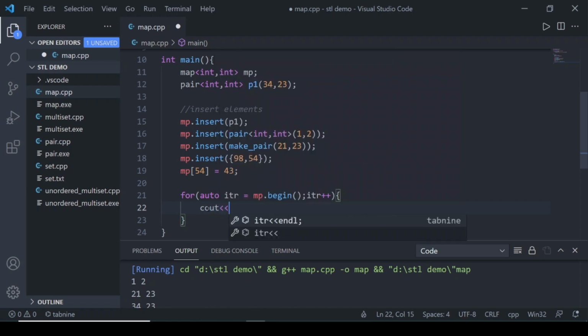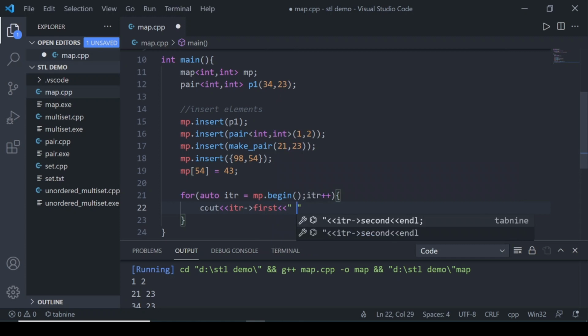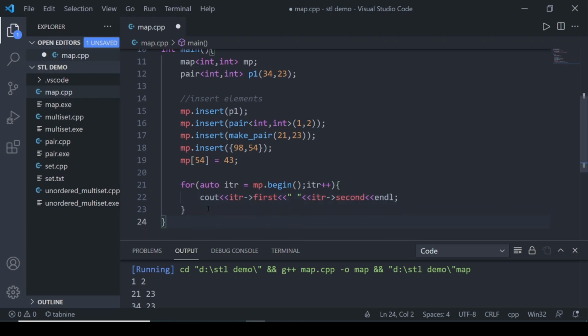So we can say itr first and itr second. Okay, so this also prints the map. Let's see, or don't put endl. Okay, so this also will print the map.